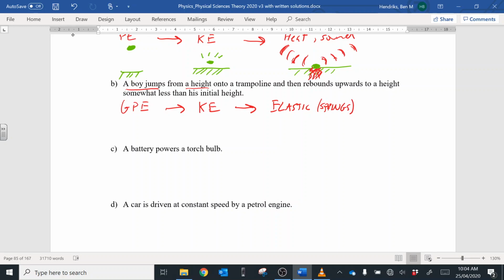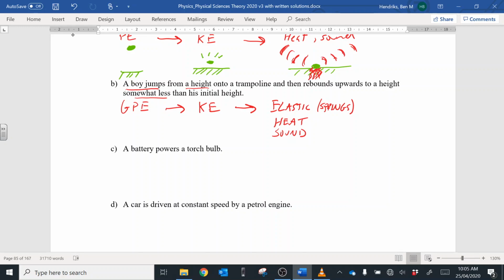Because it says here he rebounds up to a height somewhat less, we can say that at this point some of the kinetic energy was lost to heat and sound. If you've jumped on a trampoline before, you've probably heard the springs make noise, and that's some energy getting lost.